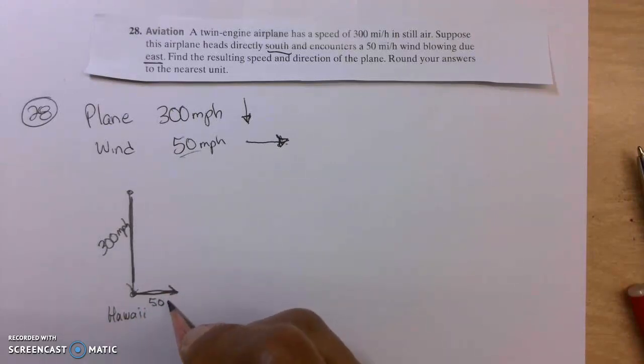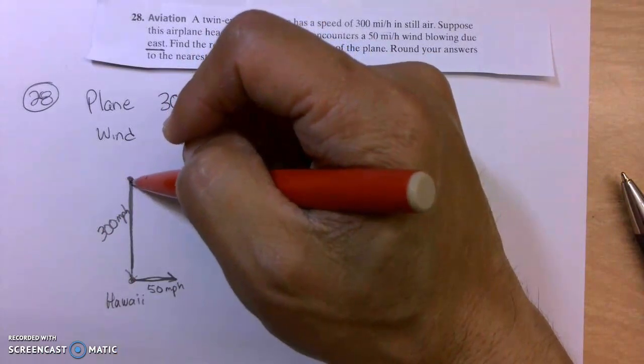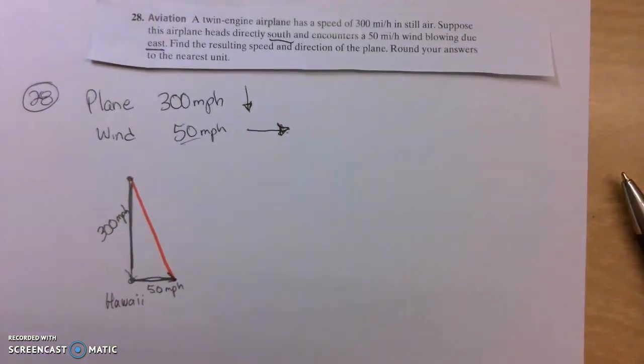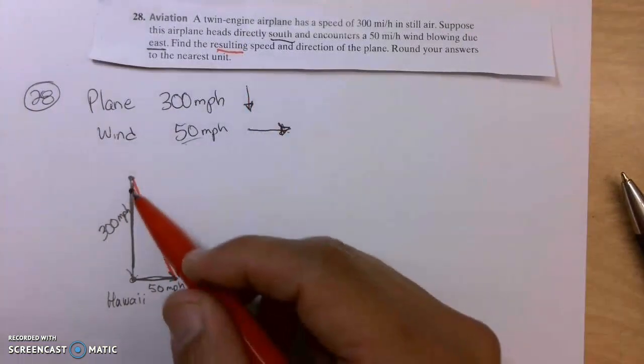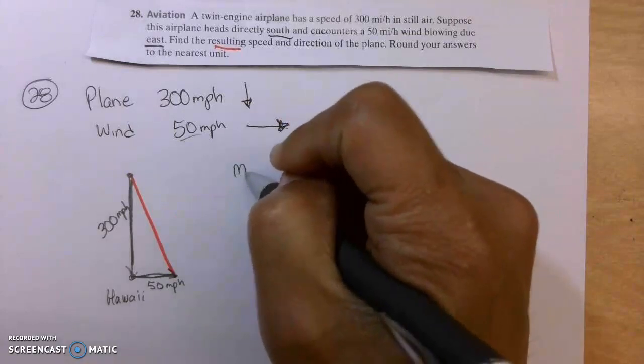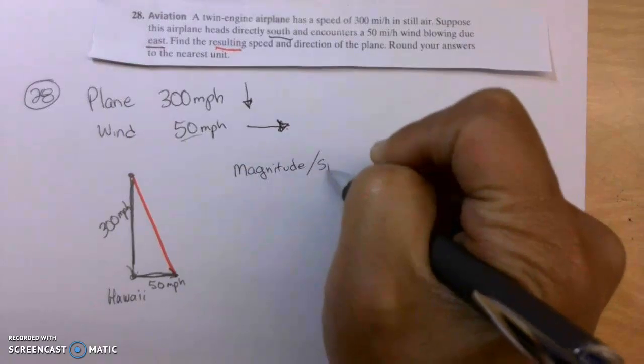And unless the pilot is a complete idiot, and let's assume that he is, he's not paying attention to the fact that there is wind pushing him. He ends up taking this route and missing Hawaii. So now, what is the resulting speed? We're going to figure out that red line's length, which is the magnitude. So the magnitude of that red line, or the speed,